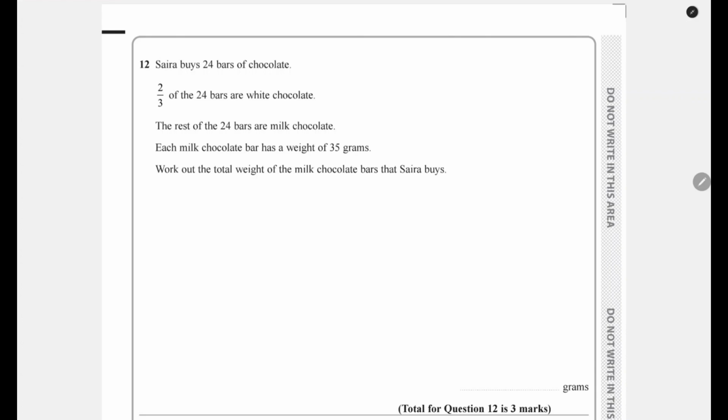So we know that 2/3 of the 24 bars are white chocolate. And so that means the remaining amount are going to be milk chocolate. So we say that 1 minus 2/3 is equal to 1/3. So we know that 1/3 are milk chocolate. And so 1/3 of 24 is equal to 24 divided by 3, which is equal to 8. So there are 8 milk chocolate